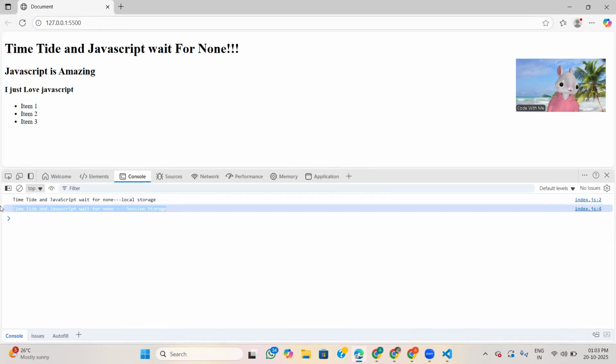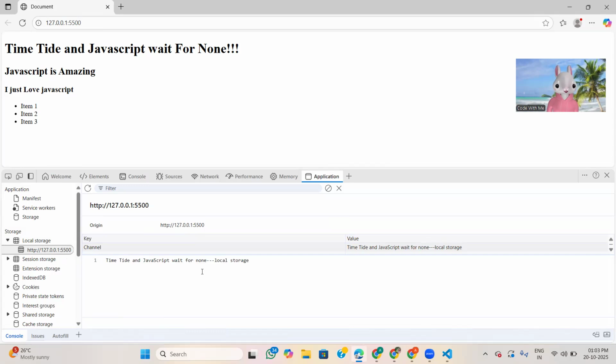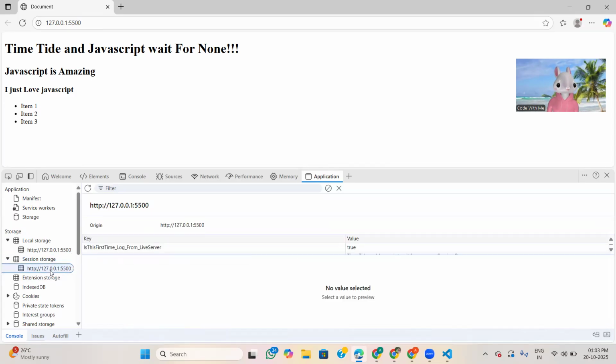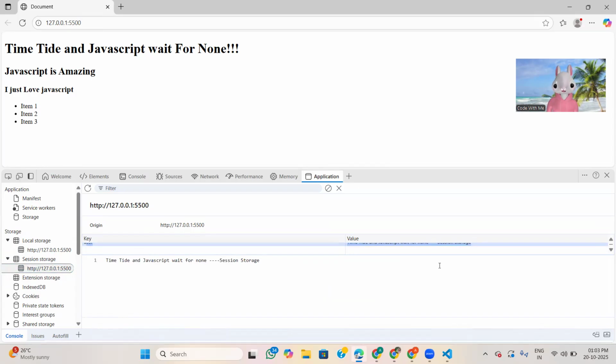The data we get is what we stored in the local storage. Here you go, in local storage this is the local storage data, and in session storage there is one entry, user. Is this the first time logging from live server? Something else it does internally, but here see what we have done. That is session storage.